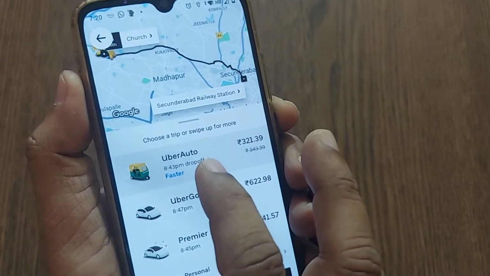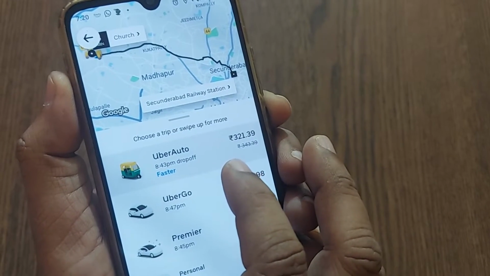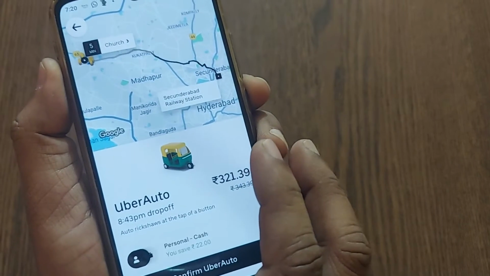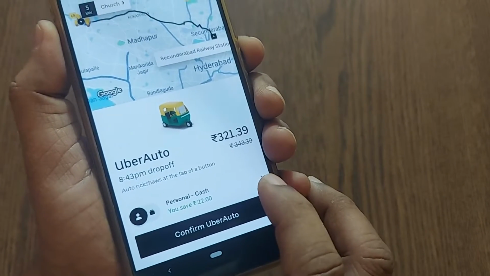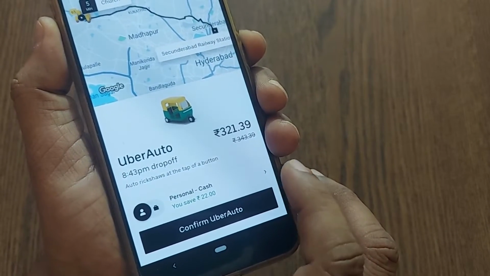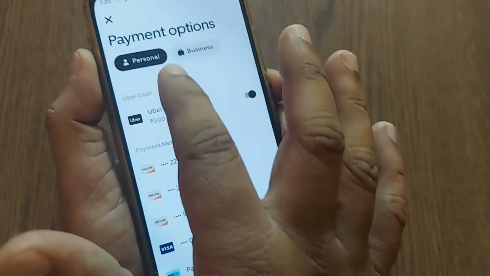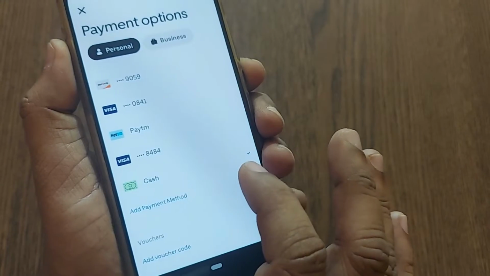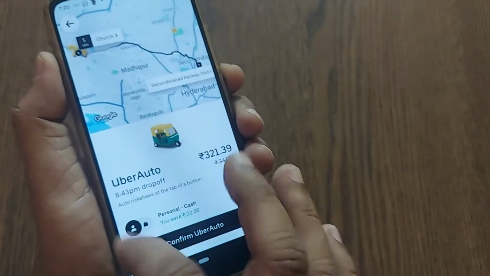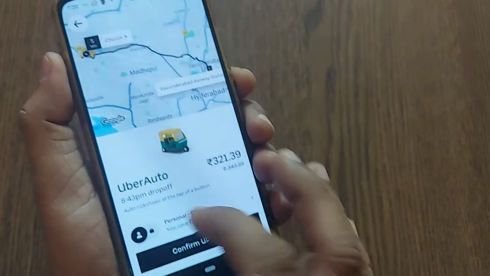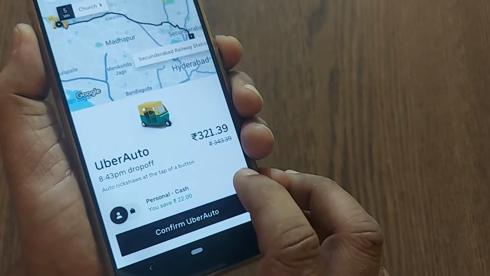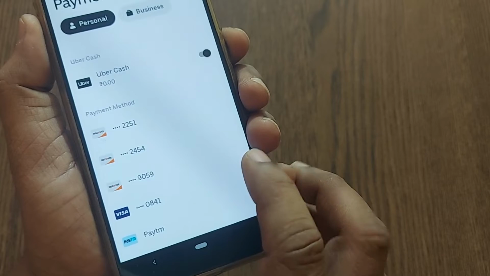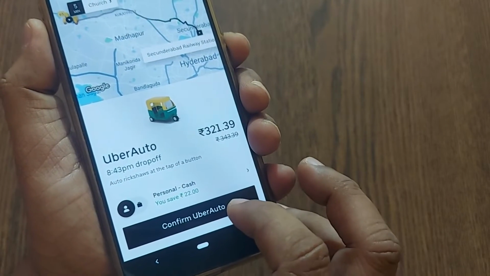So Uber Auto is the option I'm selecting here. Just click on this option and it will allow you to pay by some payment method. See, there will be several options here. Just click on the cash option, then the cash option will be selected here. For this Uber Auto, there will be a cash option, and selecting cash, I would like to confirm the ride,